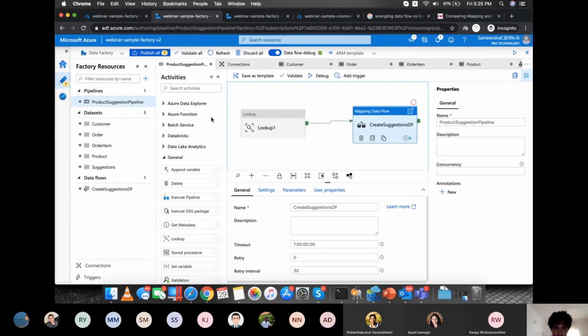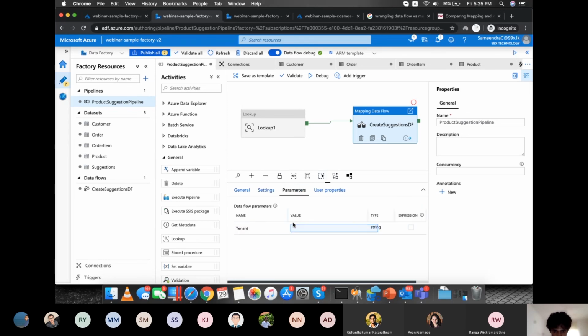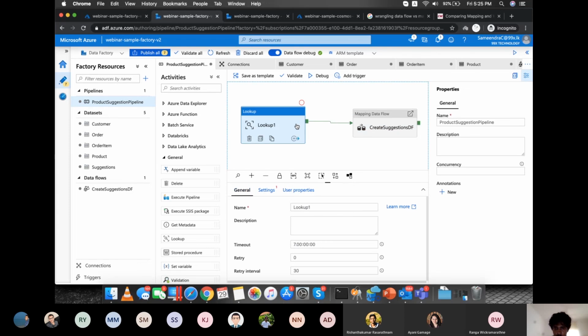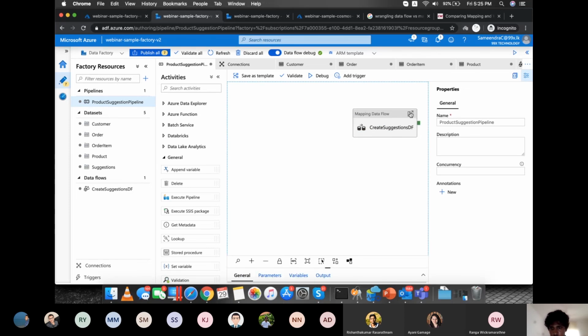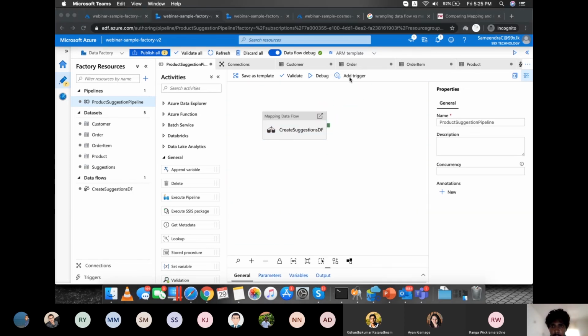Data flow, we are in the pipeline now. In the settings section, the parameters section, you can actually see the tenant, the data flow parameter, right? So you can pass in a value, like you can either hard code a value, or you can pass what is the output of this also. So for this, we actually don't need a lookup step. It will just be the mapping data flow, and